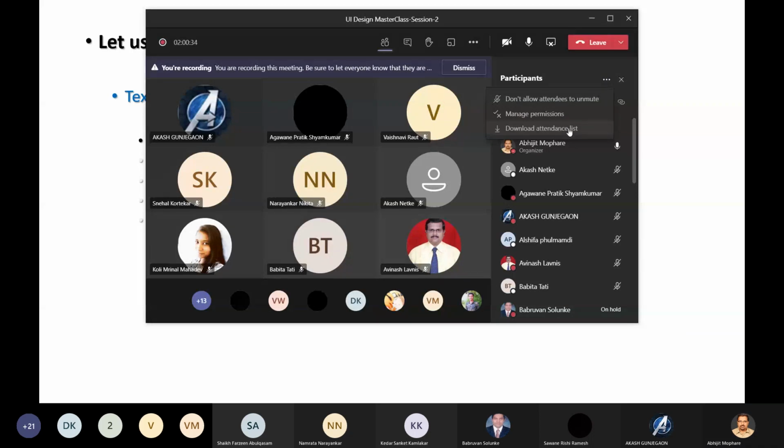Tomorrow is the last day of session for the newcomers. From the day after tomorrow, I will create a separate WhatsApp group, or rather I will create a class in Microsoft Teams, and those who are regularly attending and those who have registered, only those names I will put inside that group, and only those will be able to attend my sessions henceforth.